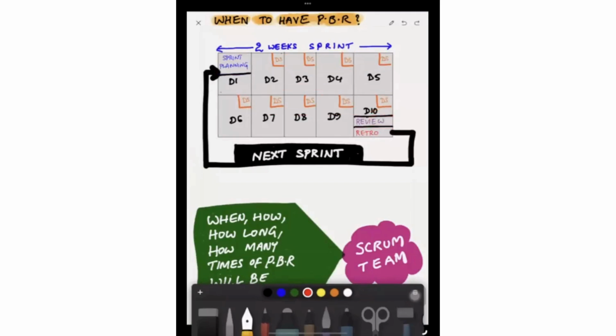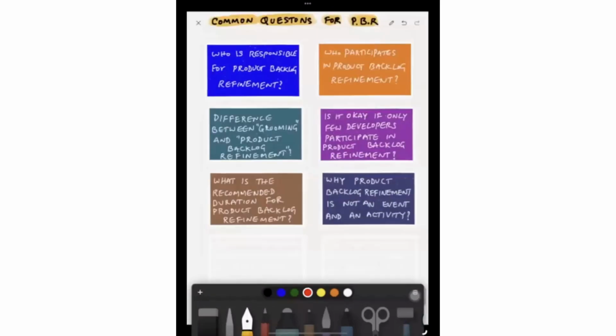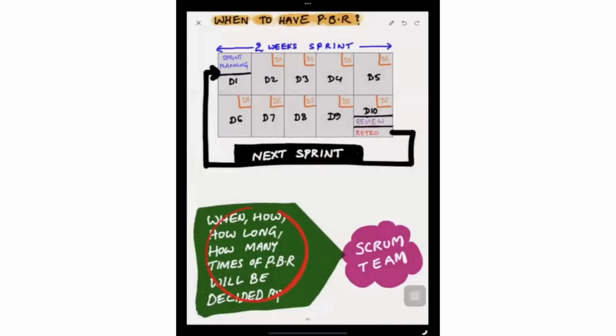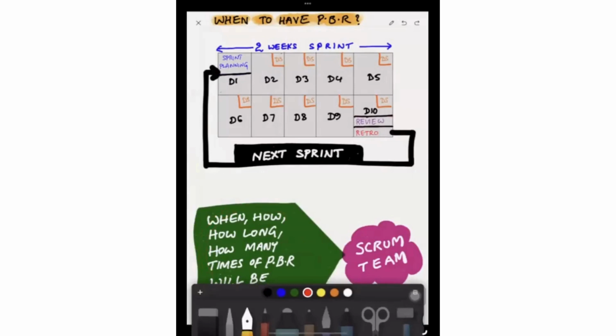That means these are chronologically ordered, they have a specific time box and they are mandatory. That is why they are called events. But the product backlog refinement, as we just discussed a few minutes back, when, how many times, how long can be decided, which means in one sprint, you may have the backlog refinement